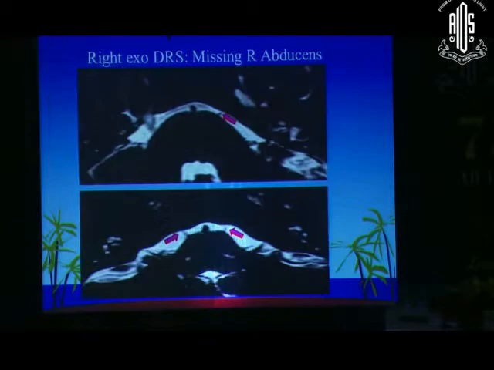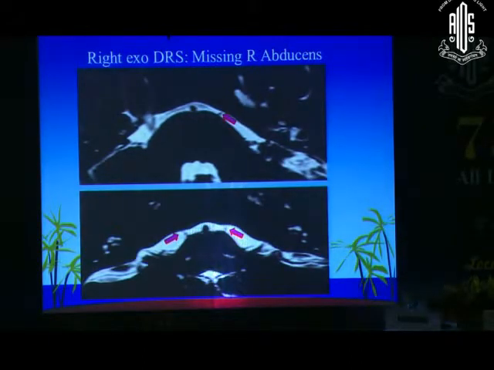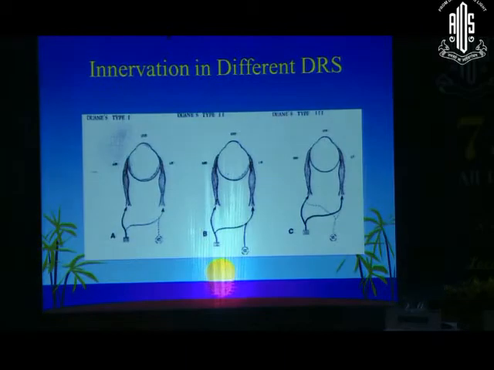So with these cases, if you do an MRI, you will find a missing sixth nerve on the high definition MRIs. If you actually want to understand what is happening, it's an innervational problem. It's a congenital cranial dysinnervation disorder. Primarily the sixth nerve hypoplasia, or the nerve has been affected. So the LR is not getting its innervation, and then the innervation is being fed by the third nerve, which leads to the LR firing during adduction. This is the type 1 EXO type of DRS.